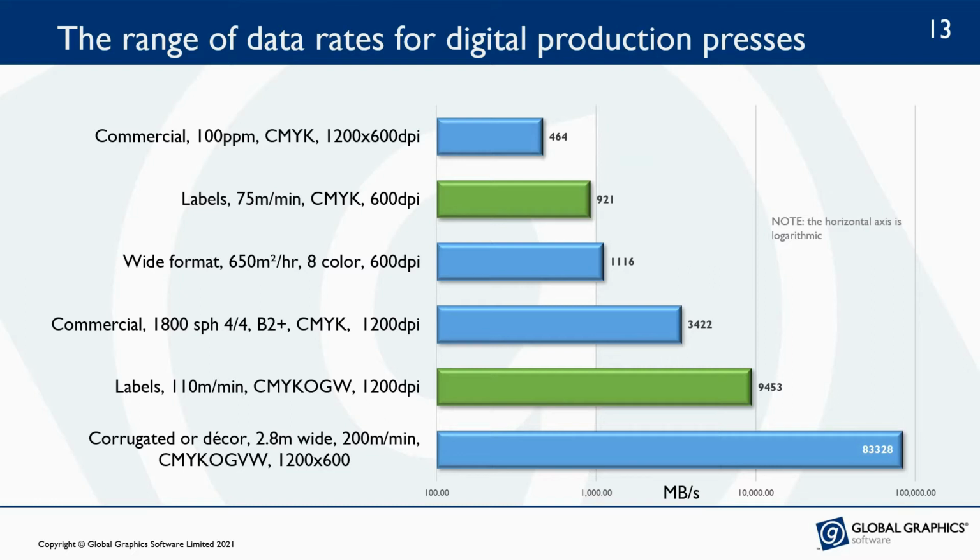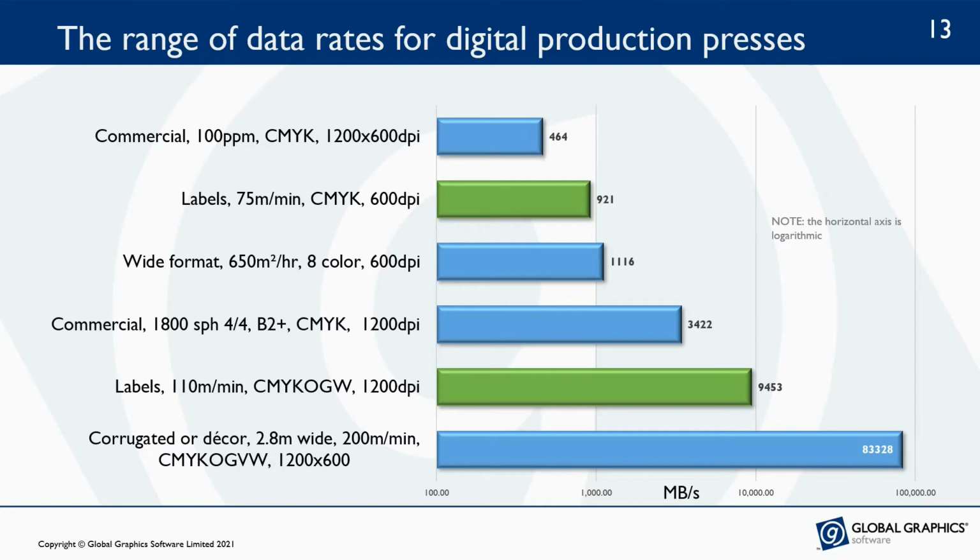Incidentally, I keep meeting people who think that video streaming needs a lot of data. The recommended minimum broadband connection speed for streaming 4K UHD TV is in the range of 16 to 50 megabits per second or 2 to 6 megabytes per second. That's well off the left-hand side of this graph. Even a mid-range digital press requires something closer to the data rate for a Netflix server than to a domestic